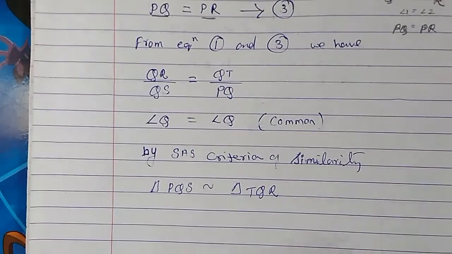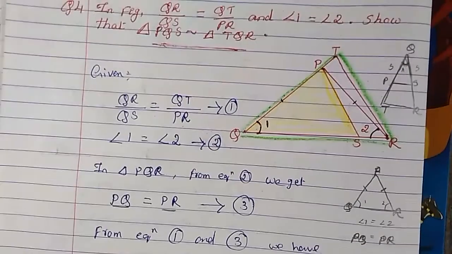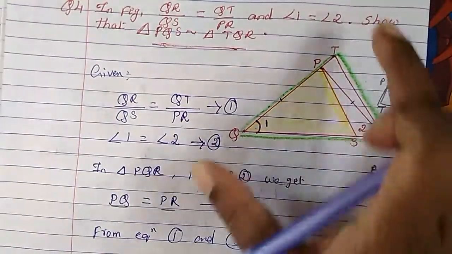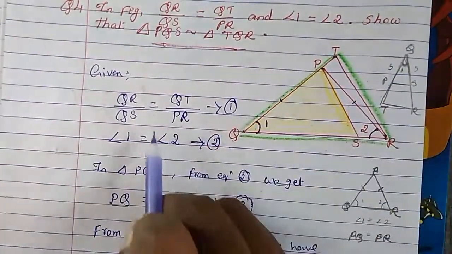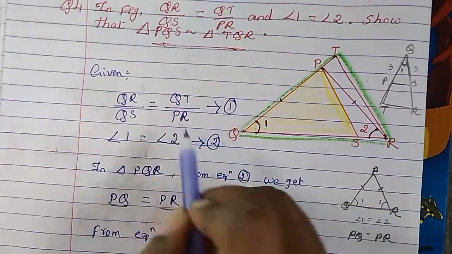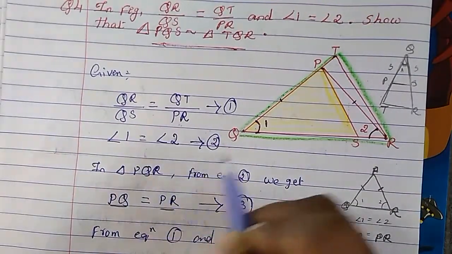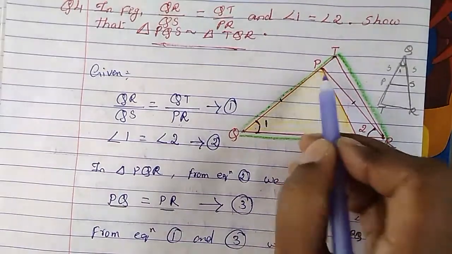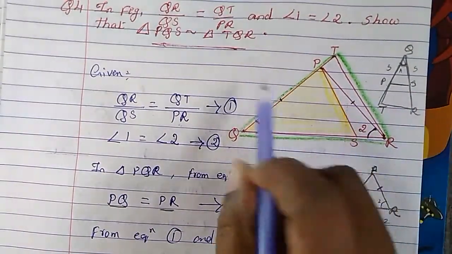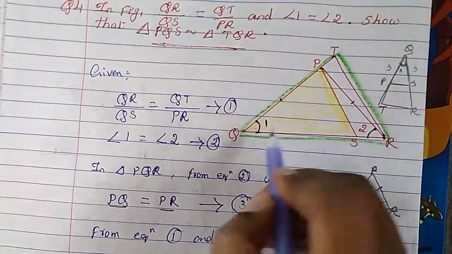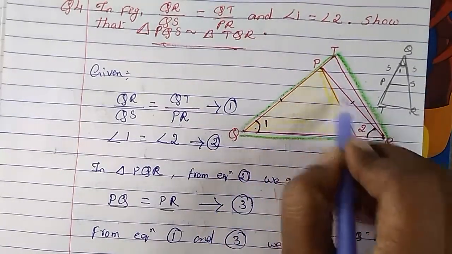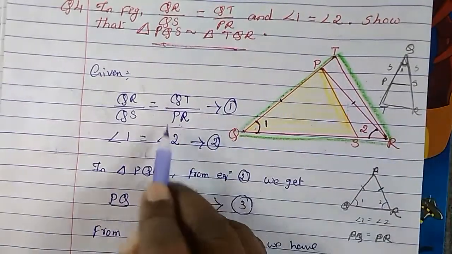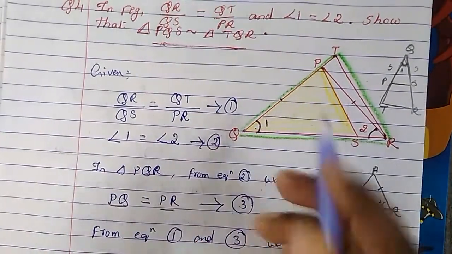I hope it is clear to you. It's very easy, nothing. Just remember the figure, that this is a big triangle, this is a small triangle. The ratio is already given to us. Only we change, instead of PR, PQ we have to put, because PQ comes this side. So what we do, because the clue is given to us, angle 1 is equal to angle 2, this side PQ becomes equal to PR, and therefore instead of PR we can write PQ.